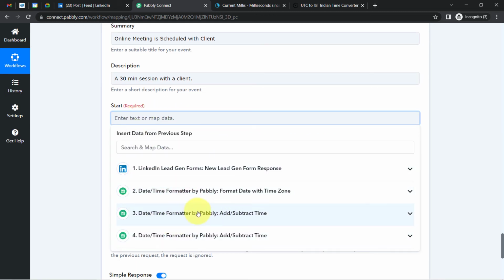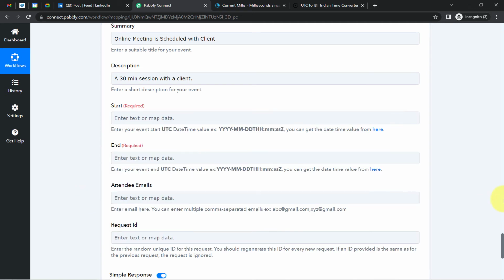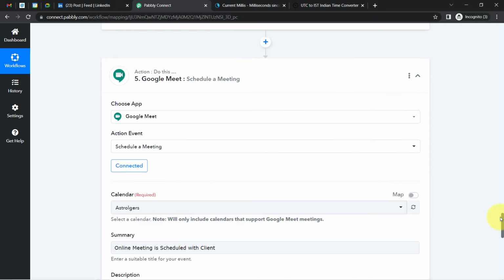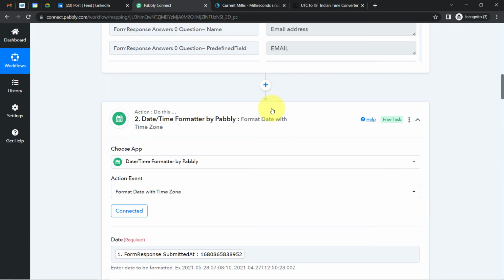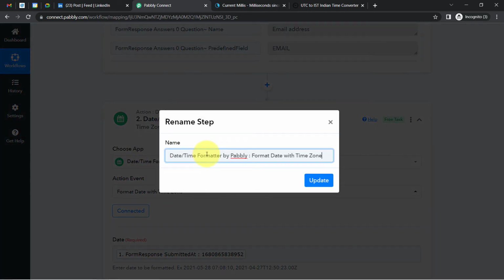Okay, so this was the start date and time, and this is the end date and time. So how about I first rename these two steps in order to avoid the confusion. All right, so this date and time formatter feature I have applied only to change the format. Okay, so how about I change it as change time format from